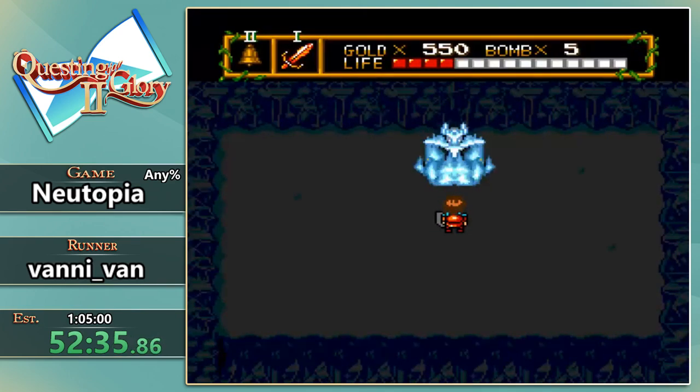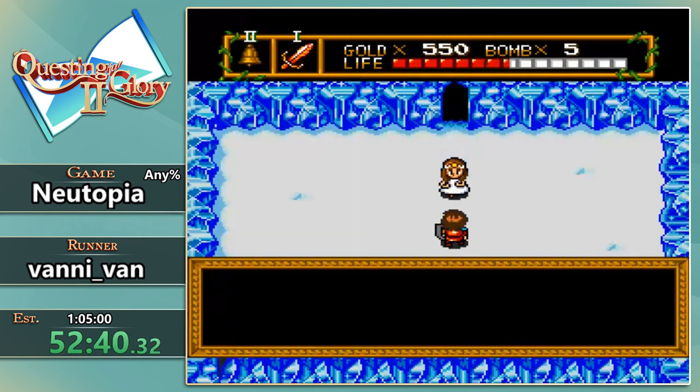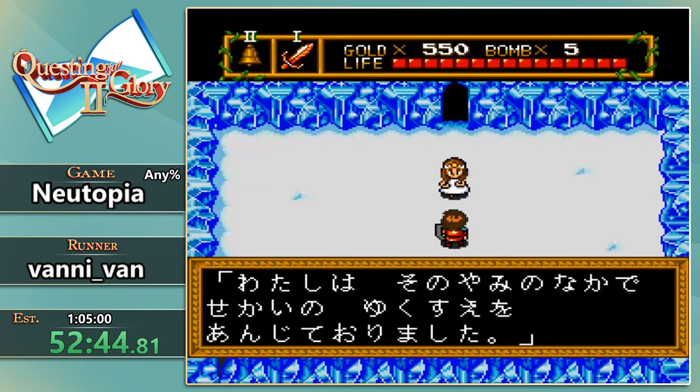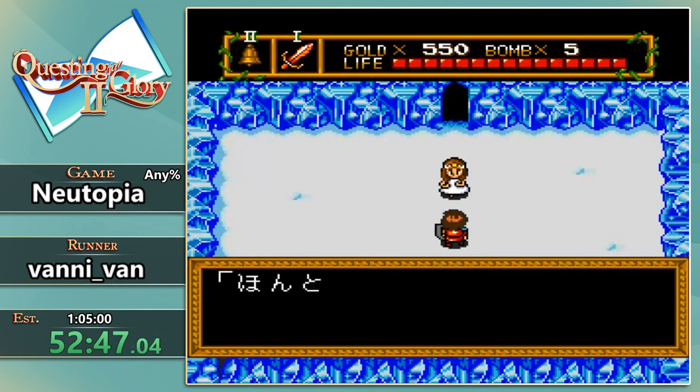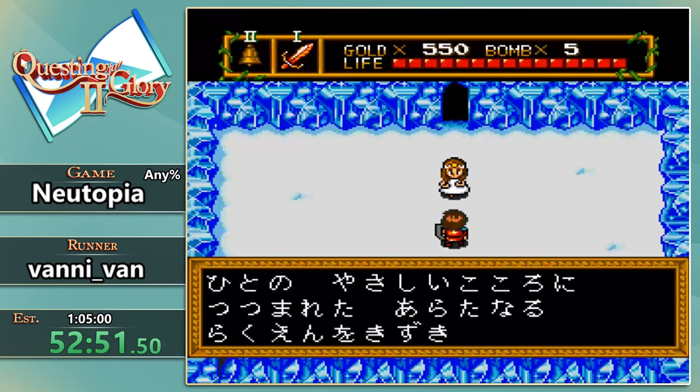There he goes. All right. Time is going to be in about 30 seconds or so. It used to be when it was the final hit on the boss. However, it was discovered that you could do essentially a double KO, and in that case, you actually had to go back and fight him again. And obviously, we didn't want runs to end that way. So it's going to be when